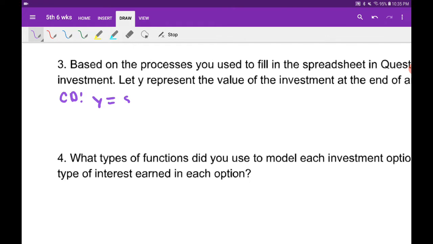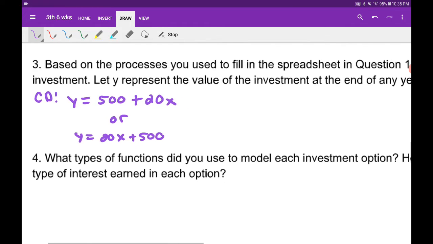All right, so we had an initial amount of $500, right? Then it's going to grow by $20 every year, x being the year. So it's a linear equation. A lot of times we'll see the slope first. So 20 is your slope times x, and then the 500 is the money you start with. That'd be your y-intercept. When you're graphing this, which you're going to compare later, you're going to kind of sketch it out. As far as our savings,